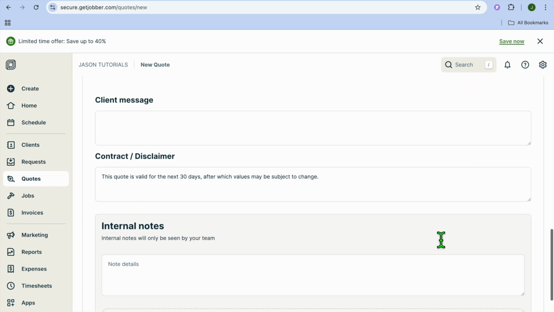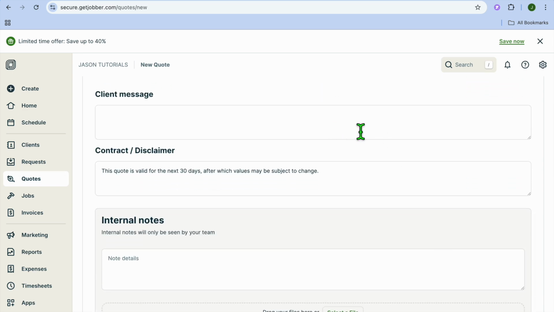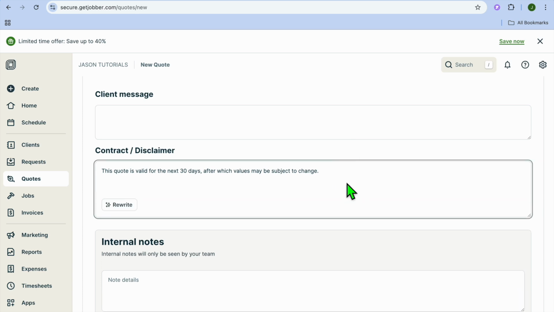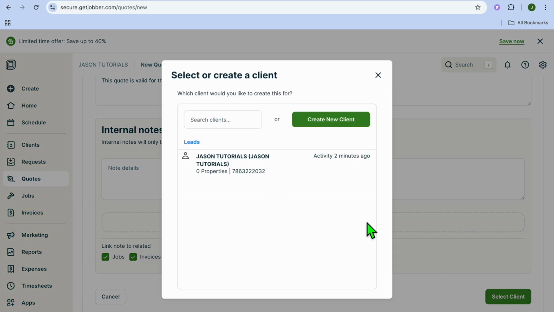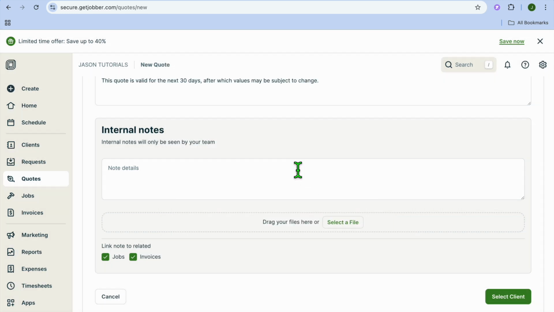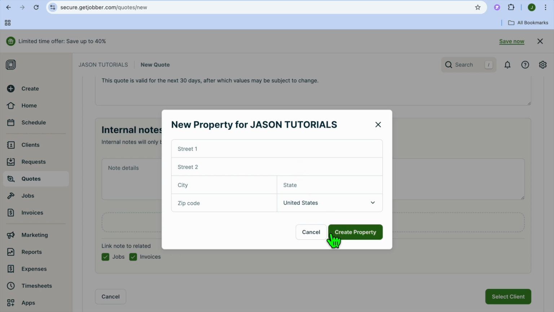After adding in the information, all you'll need to do now, you can scroll down and you could add a client message. You can also add a contract disclaimer, and you can also add any internal notes you'd like to send to your team. Once you're finished doing that, you'll tap on select client at the bottom of the page, and we're going to select this client. After selecting the client,